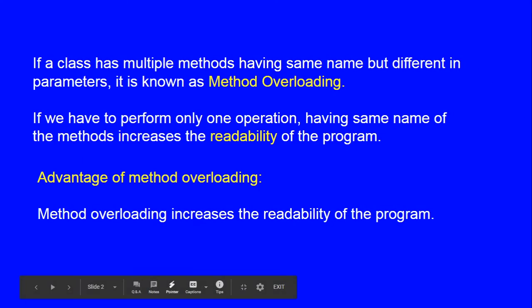Let us see first of all what is method overloading. If a class has multiple methods having the same name but different in parameters, it is known as method overloading. So we know that a class may have methods. Methods are functions. The function syntax has the function return type, function name and the parameters. Parameters are the variables inside the brackets of the function name. If the parameters are different, maybe different in numbers or different in types, they are called